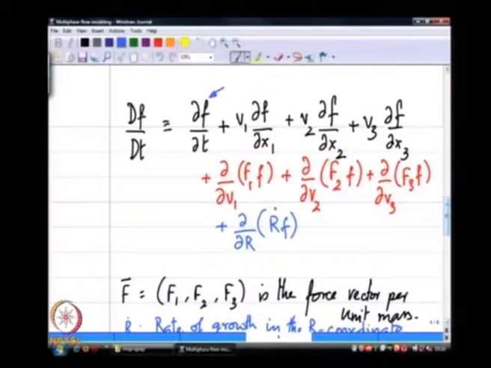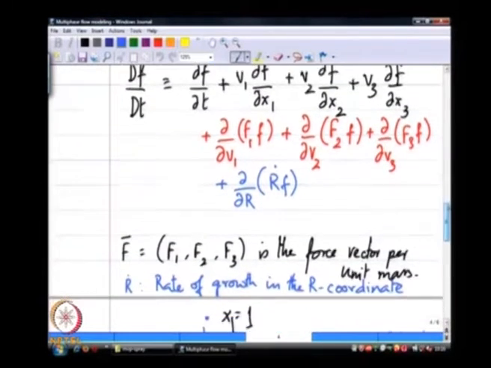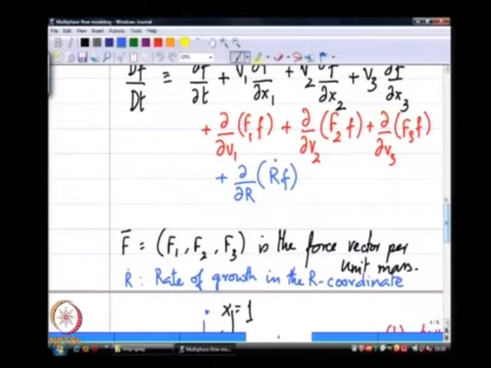Good morning. We will continue our discussion of sprays as multiphase flows. Towards the end of last class, we had derived a co-moving derivative in a slightly general formulation involving not just advection through spatial coordinates x1, x2, x3, but also through velocity coordinates v1, v2, v3. And we said F1, F2, F3 would have to be the force vector per unit mass for this advection